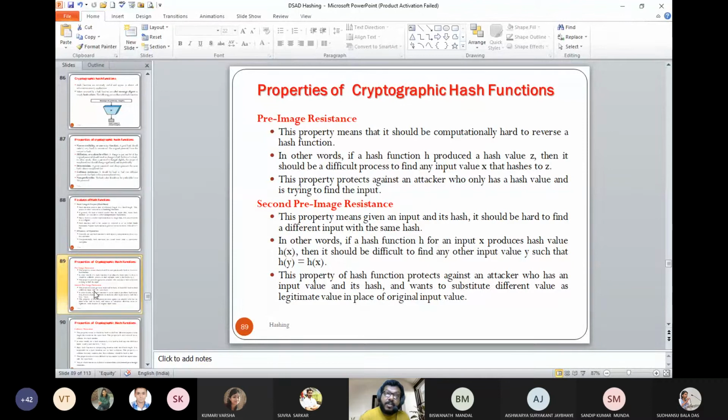That means if you have a friendship with 10 people, they told their passwords, and then you get a copy of the password file, and then you try to say, if I am storing A, how will the A be stored? So that is also difficult. It's not a simple mapping.